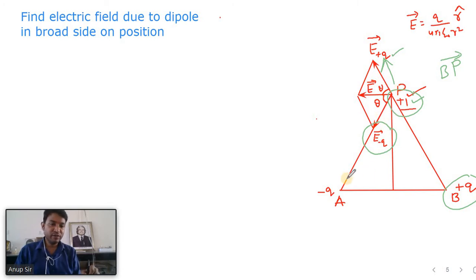So we need to find out the net electric field. This angle is theta, and this angle will also be theta because it is an isosceles triangle, and of course the base angles will be the same. From the geometry we will find that this angle and this angle will be theta, and this line is bisecting, or you can say it is parallel to the base, just a horizontal line. So the net electric field will be along this direction. So let us start.